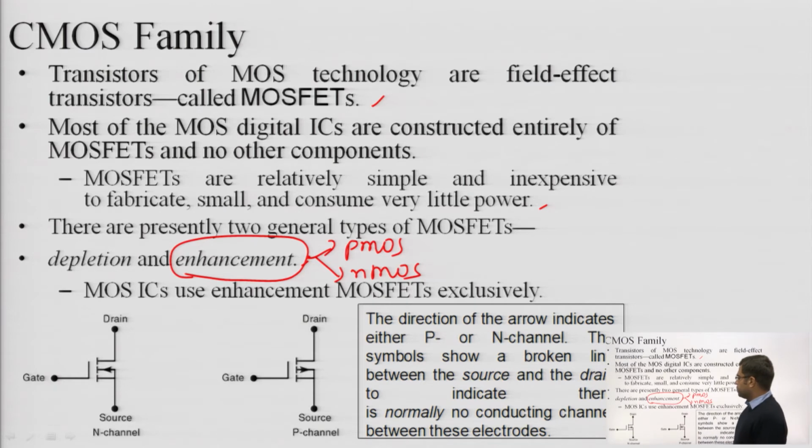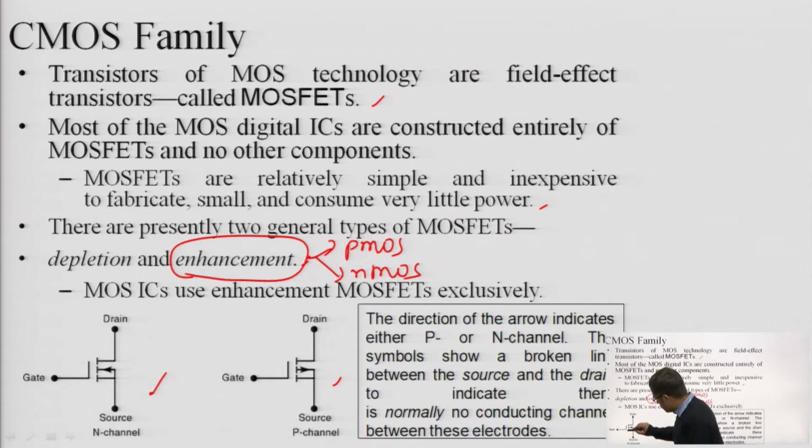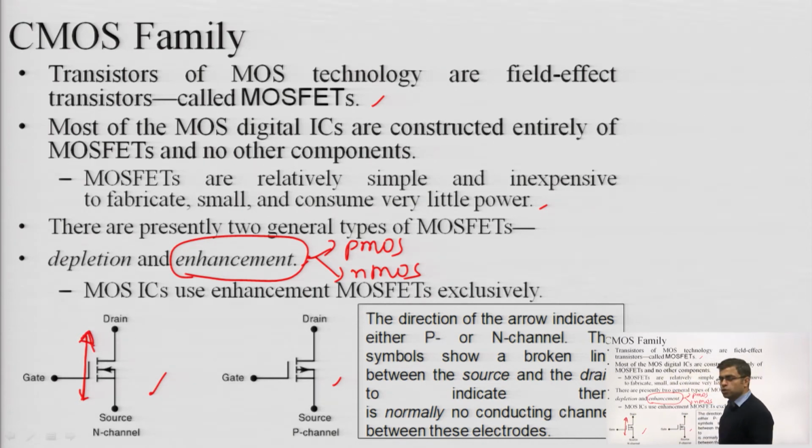Okay. So this is the N channel MOSFET and this is the P channel MOSFET, and this channel is deliberately shown broken. Okay. Sorry, source to drain. So this will be the flow. So this channel is not there actually, but this channel will be prepared. That's why it is termed as enhancement. That means the channel will enhance when we apply the appropriate gate voltage at this terminal. So the applied gate voltage will help in preparing that channel from source to drain.